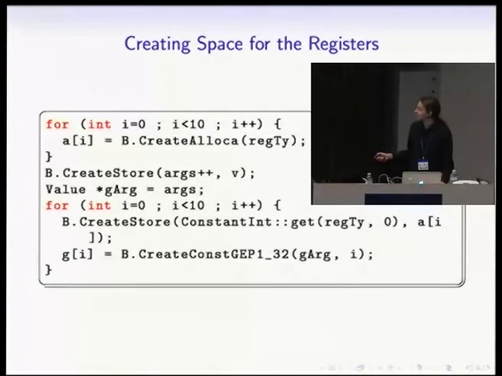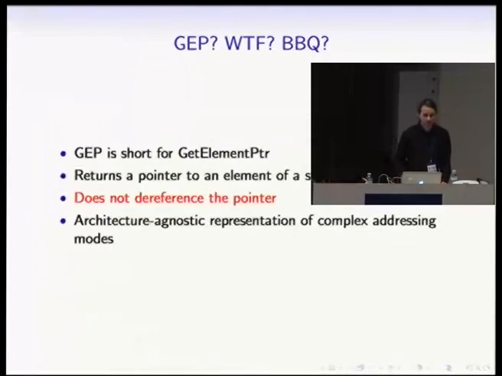We store, I've missed off the bit where we create an alloca for the v as well, but never mind. We store the first argument in v, and then for the next argument, we do the same thing. We then loop over these and store the value 0. This is a constant integer of this type, value 0, in each of the A registers, and we create one of these for each of the global registers.